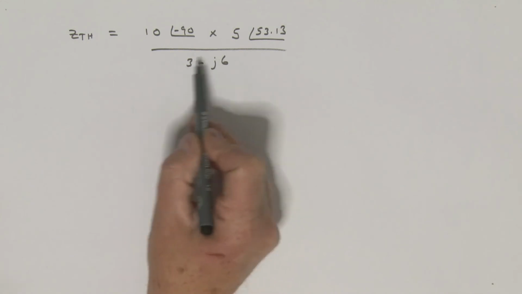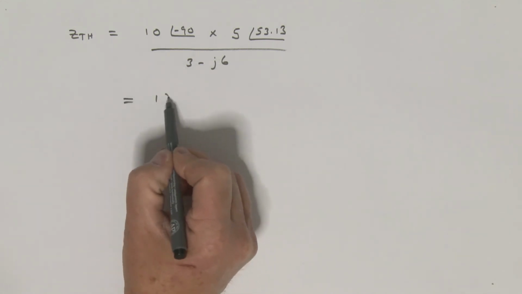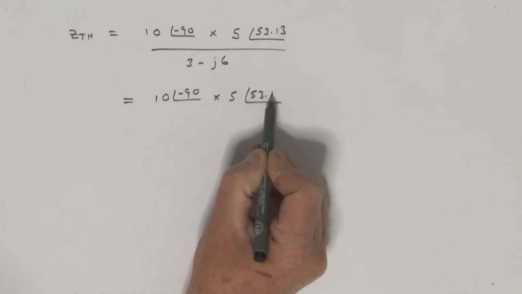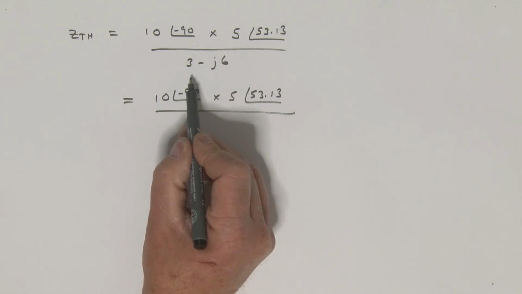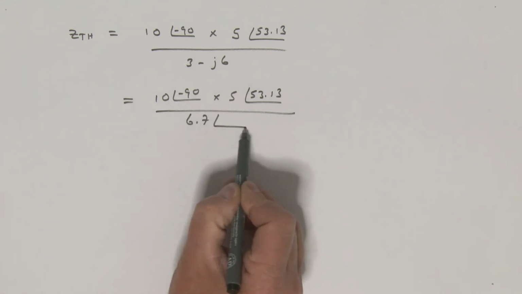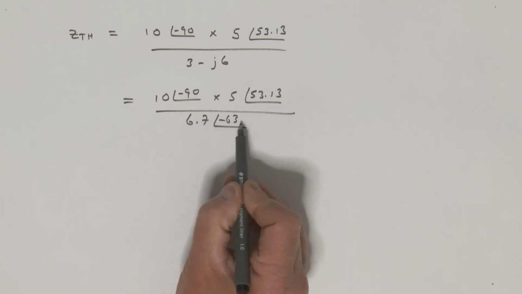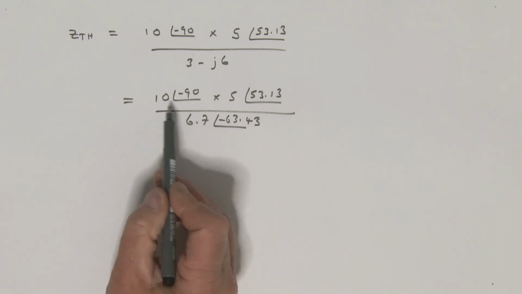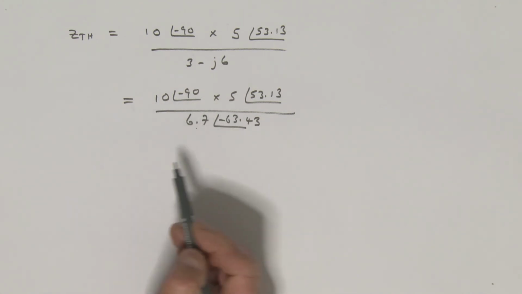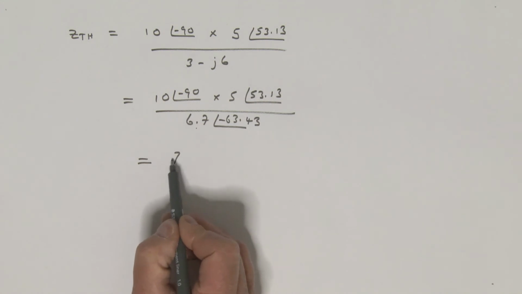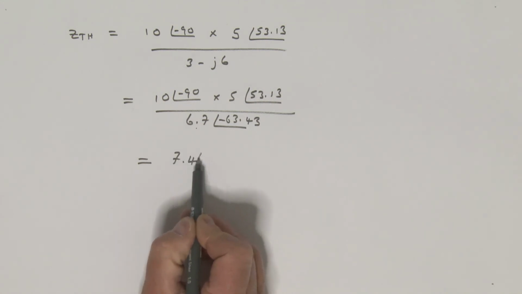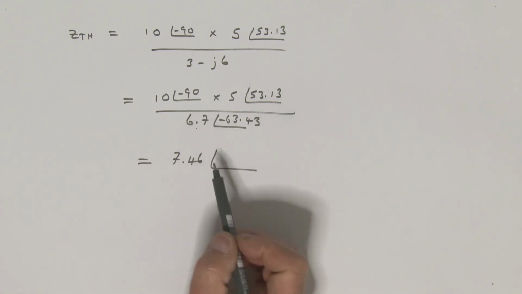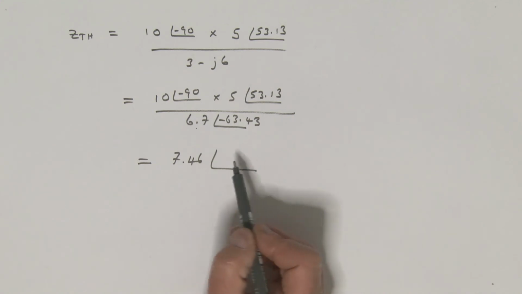All right, now converting this into its polar form. So we've got our 10 angle minus 90 multiplied by 5 angle 53.13. This in polar is 6.7, and my angle here is a minus 63.43. All right, so if I multiply this with this and divide it by this, I get 7.46, and my angle, so bringing this up to the top and adding them all together, my angle becomes a